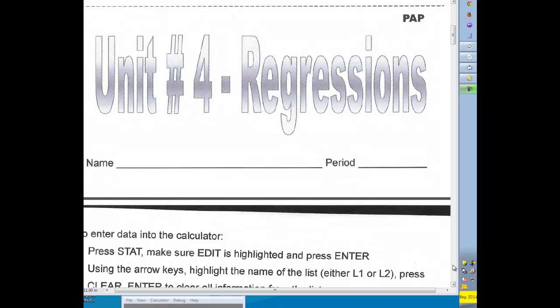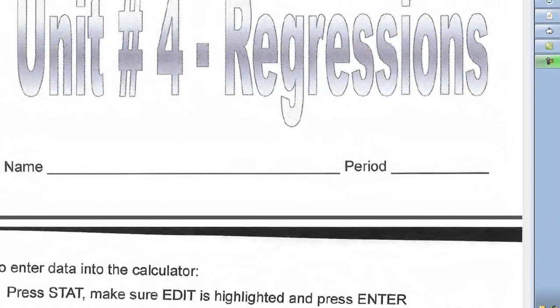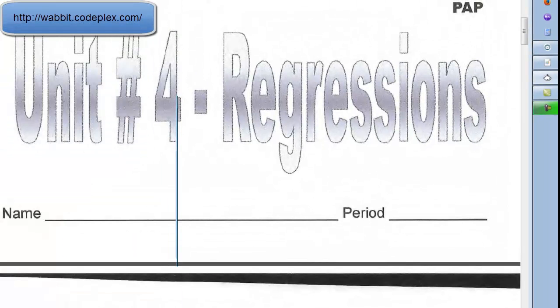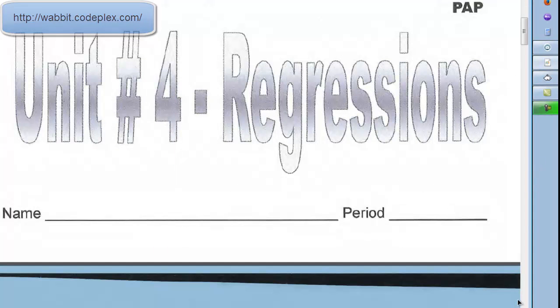We began Unit 4, Regressions, with calculating regression equations. You do need a graphing calculator for this unit, and I have downloaded the WabbitMu calculator to help us out. Don't worry about not having a calculator at this time if you're at home without one. Please just take the notes and in class tomorrow, that way we can concentrate on the buttons and everything with